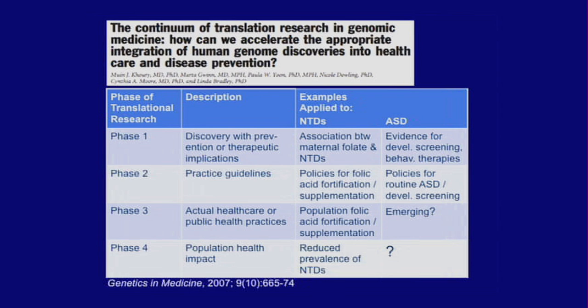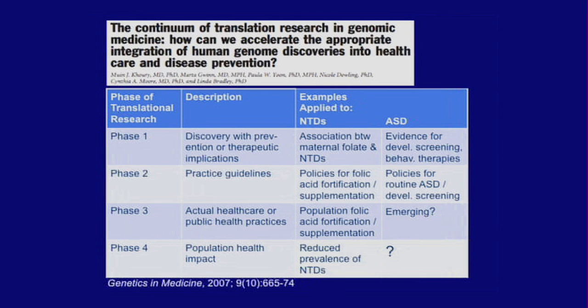So I think in neural tube defects, this has come full force, and then we've been able to use the epidemiologic data to show that it actually has reduced the frequency of neural tube defects in the population. In autism, it's very different. I think all of our discoveries so far are for the most part in phase 1, where we're making discoveries